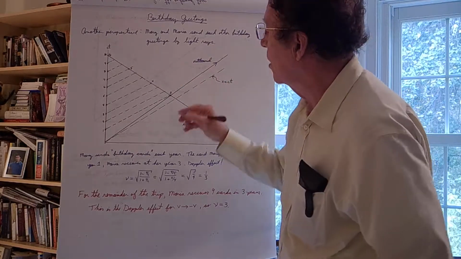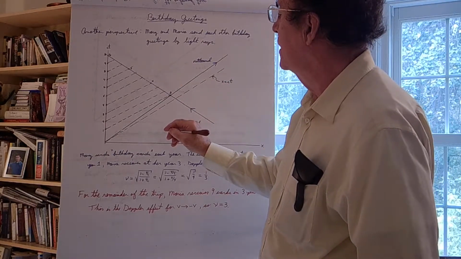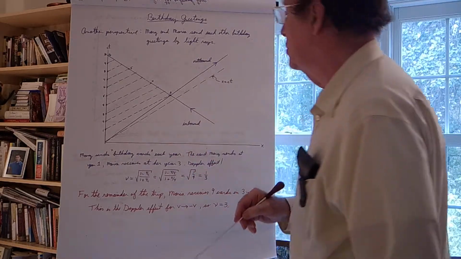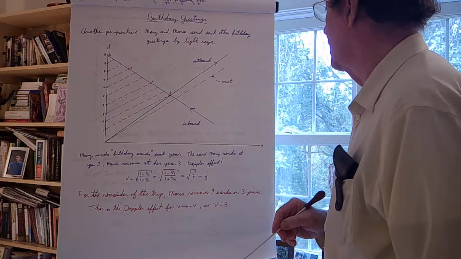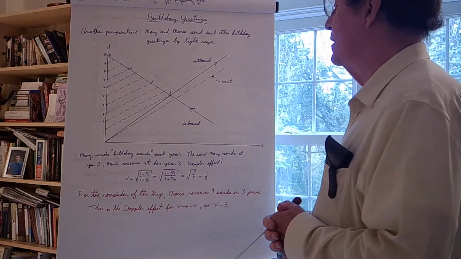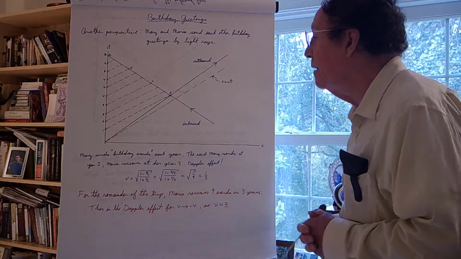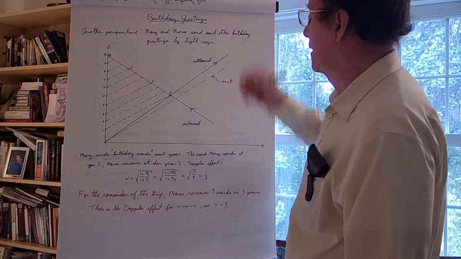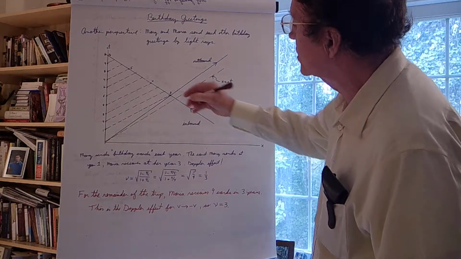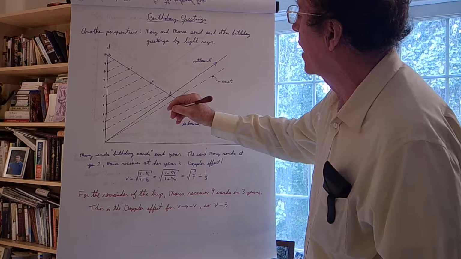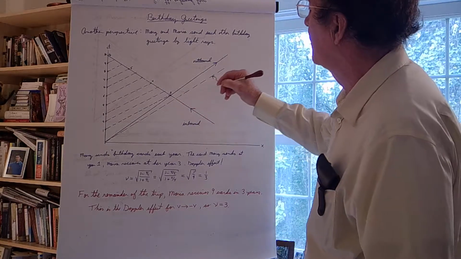Okay, and so at time, Mary decides to send a birthday greeting once every year. So it's like a pulse generator, which has a period of 1 year, a frequency of 1 per year. Okay, and so I know how that works. I know that the pulse will be observed by Maria to be